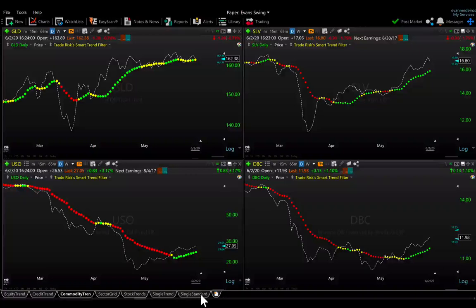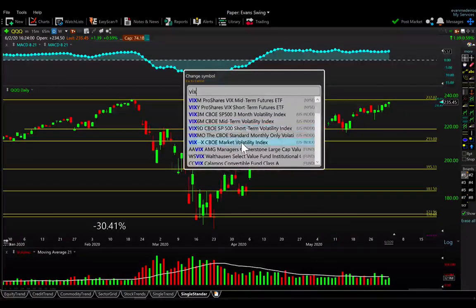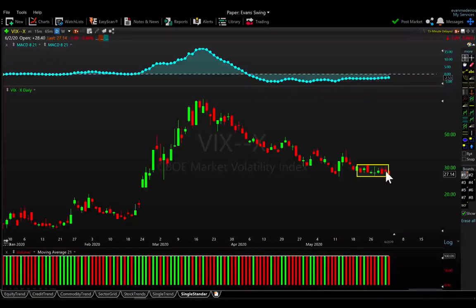The last thing I will mention here is if we go back to our individual price series. Let's see if we can make that happen. Alrighty, there it is. If we go to our individual price series, we take a look at VIX. I just wanted to touch upon this one last time here. We did look at how the trends are stacking up for VIX. But again, if we look at the short term and just look at this from a price perspective, for the past 9 trading sessions, 10 trading sessions, actually 11 trading sessions,